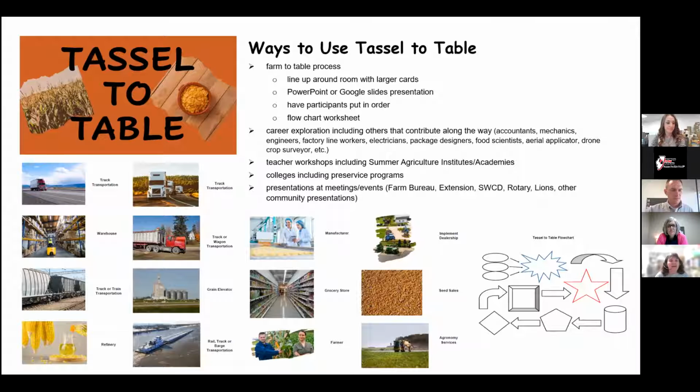All right. So Tassel Table, again, tracing from the farm to the table, what that whole process is. Lots of different ways you can use this in your lesson. You have the 4th through 8th grade version of it. You can actually take those pictures that you see there on your screen, and you can put those— I just